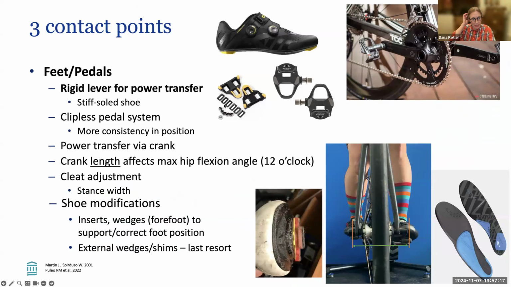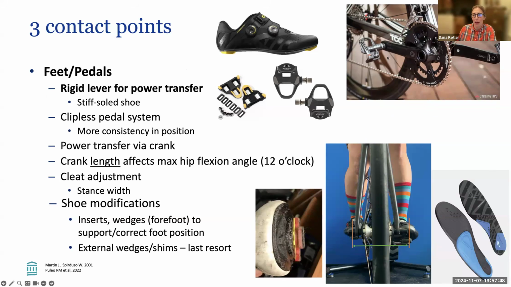The second contact point is the feet at the pedals. Typically, a cyclist who has been doing this for a while can use a clipless pedal system. Some people prefer flat pedals, which is fine. But a clipless pedal system is pretty nice because it allows for consistency. It means your foot is always positioned the same way on the pedal. It's not going to slide forward, back, or rotate in or out. And it releases just like a ski binding would, as soon as it gets any torque to the side, it'll let your foot out, although some are tighter than others.